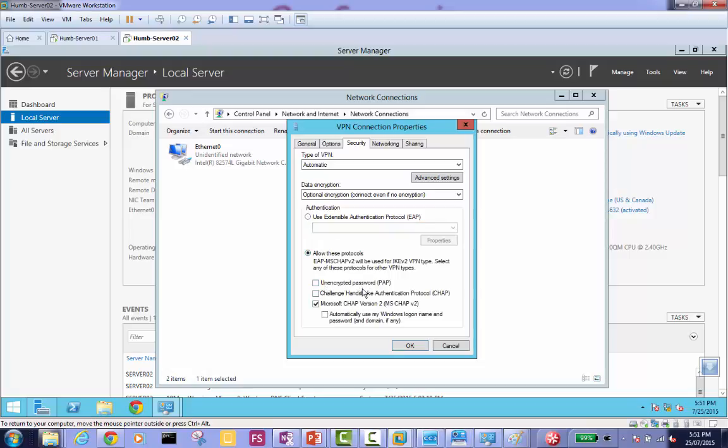Unencrypted password, PAP, password authentication protocol. If you select this, what happens? Unencrypted password. It's clear text, not encrypted at all. Hackers will be delighted. They will be your best friend. Maybe not. They will just use your data and you'll be kicked out for something. So yes, this is in an extreme case. In a very, very extreme case, even then don't do that.